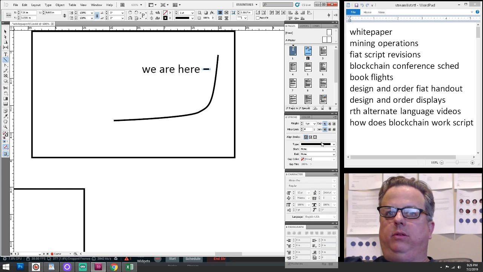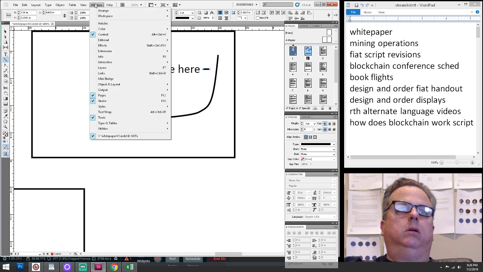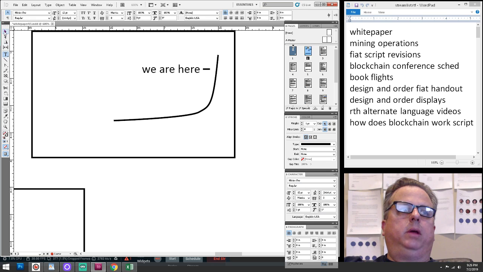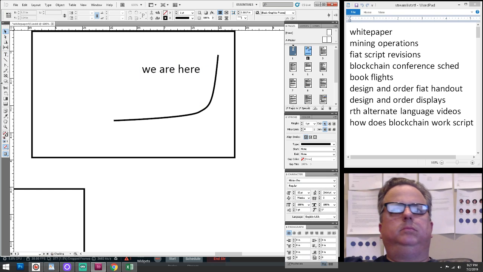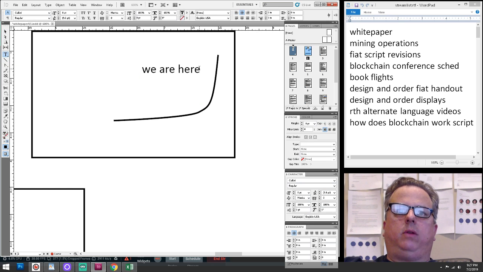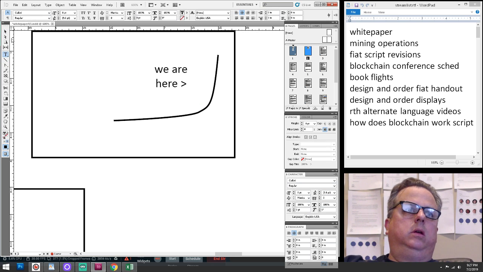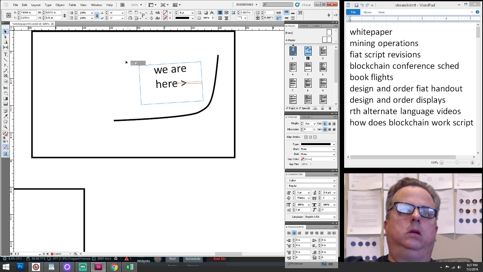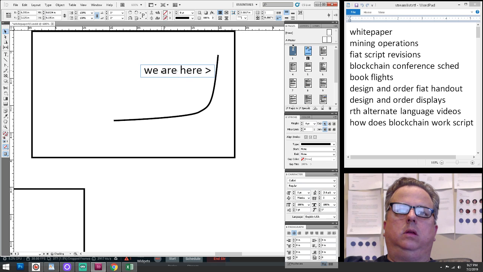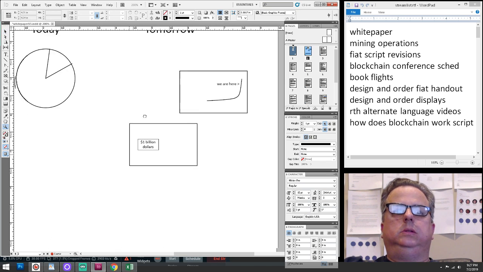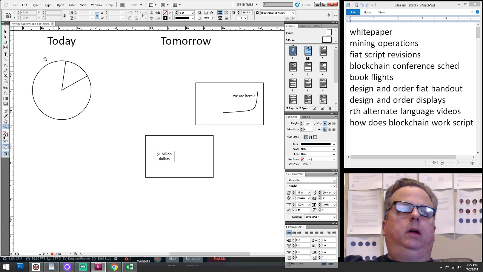There's like an arrowheads thing, Window. I'll find it later, but yeah, there's an arrowheads palette. We'll just do one of these for now. Okay. And we need a